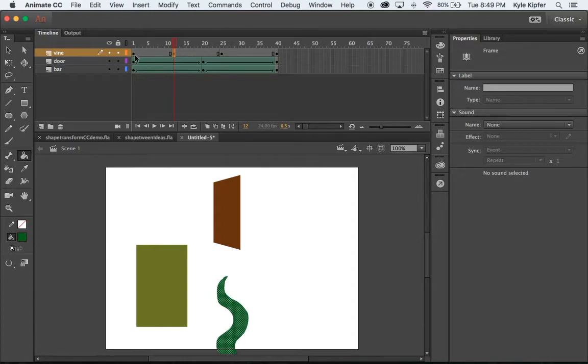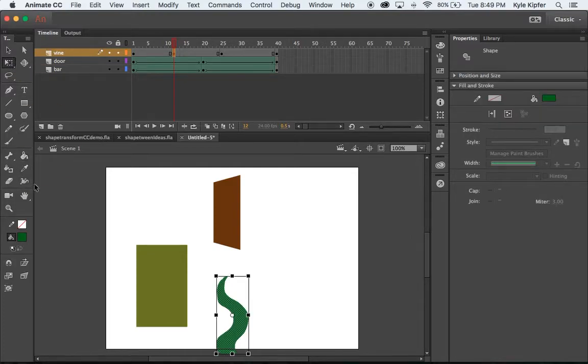We want this vine to kind of go from starting point to starting point. So these two middle ones, we're going to change it a bit. So I'm going to go to my transform tool, make sure you're on this second one of the frames, and we're going to use the envelope option this time. And what this transform tool is going to let us do is just kind of tweak from a bunch of different points within this graphic here. Well, it's actually not a graphic, it's just a raw